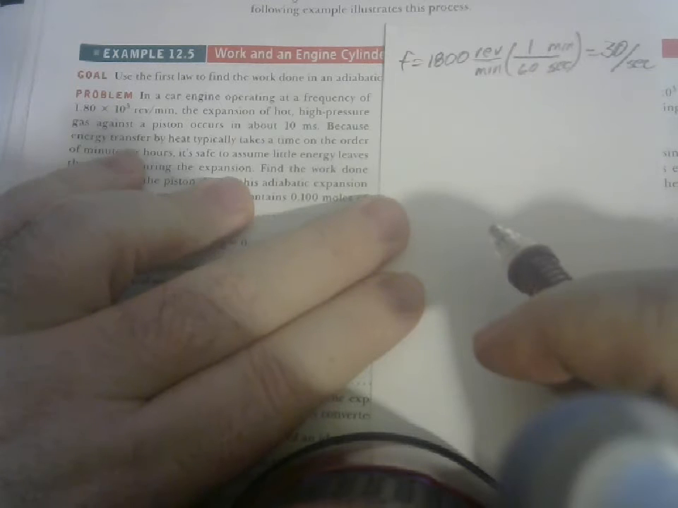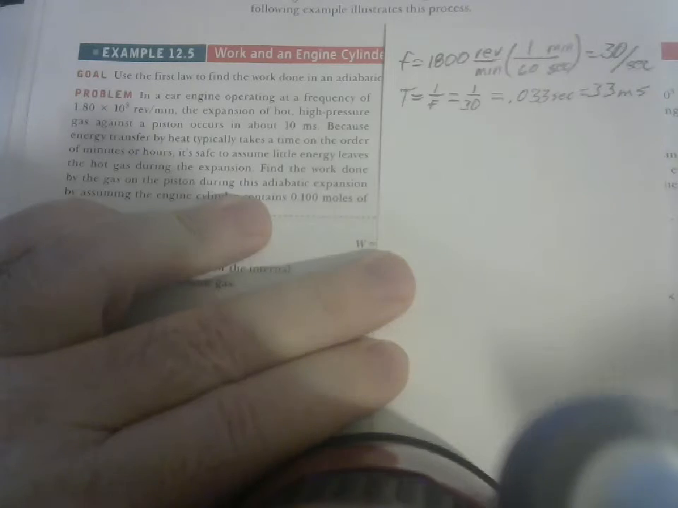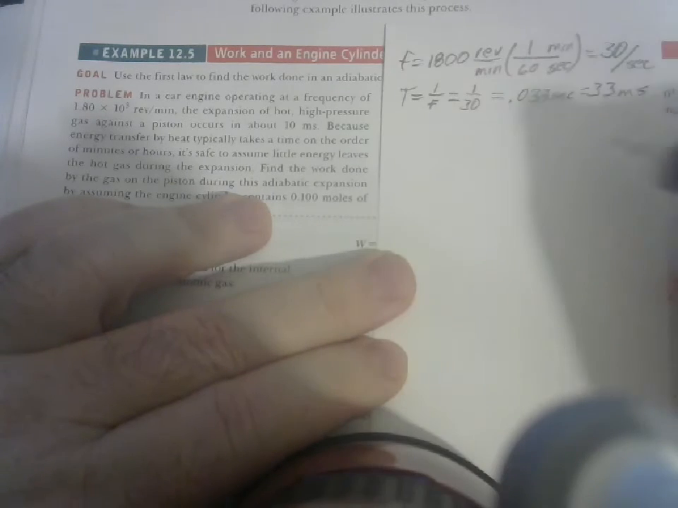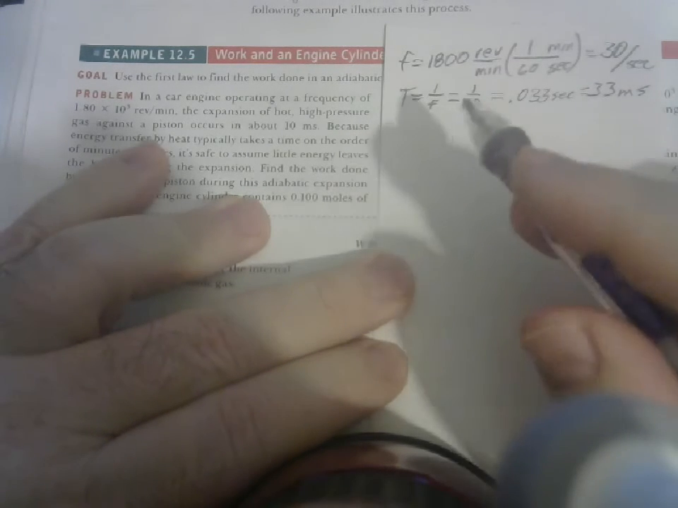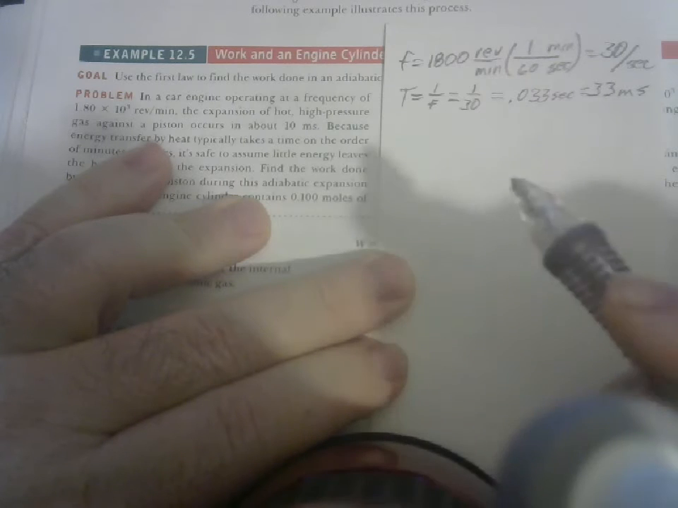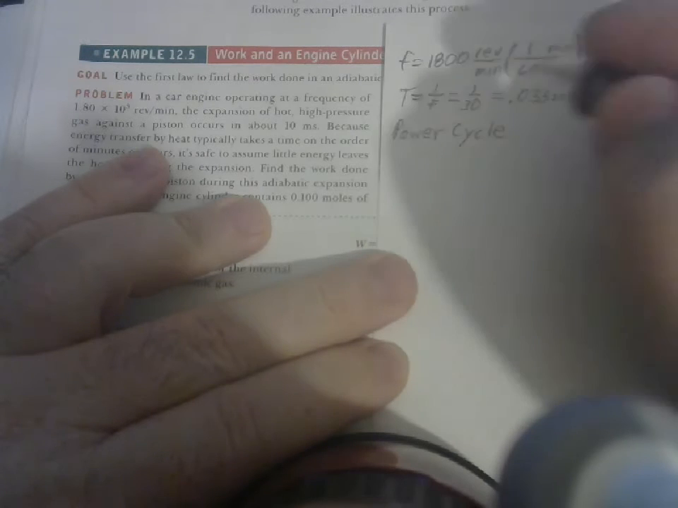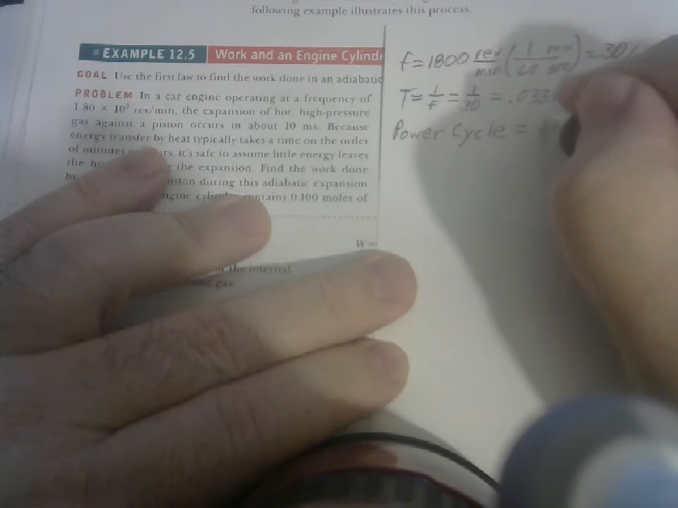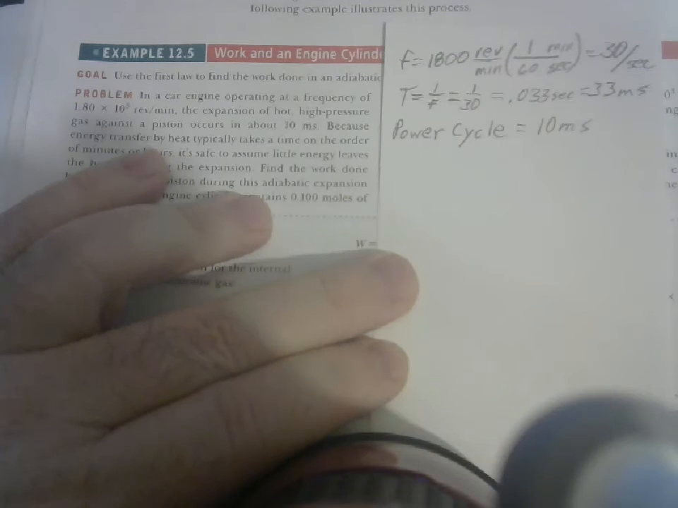High pressure gas against a piston occurs in about 10 milliseconds. So just to put that in context, the entire cycle takes 33 milliseconds, but they're saying that this part of the process, which is called the power cycle, is just 10 milliseconds. That is the part of the operation where work is actually being done to give torque to the axle